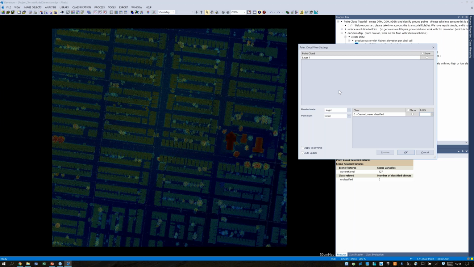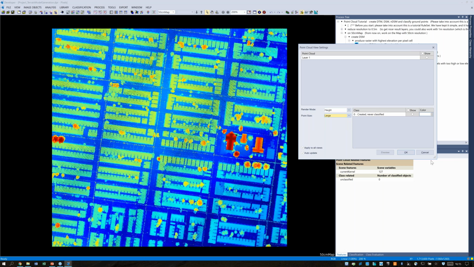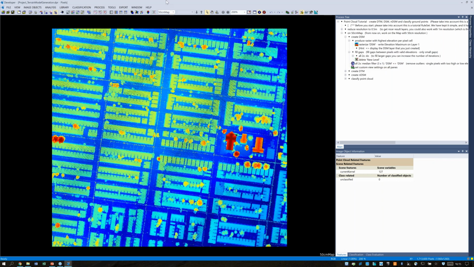By default, we are looking at it in this render mode called height, so that corresponds to this height heat map representation. We can also control the rendering size of the points. So for me on a 4K monitor, these look very small, and I can increase the size here to large, for example. This will automatically update, and now I am looking at these points in this mode here. I can then come down, click OK, and view this point cloud in 3D, or if you want to say 2.5D,